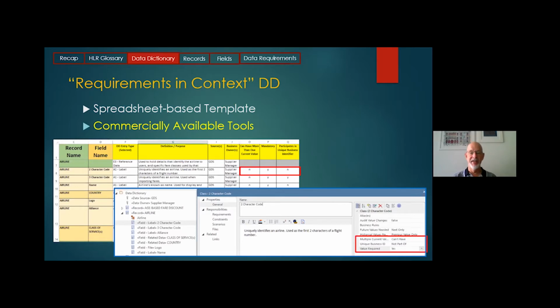The article actually presents everything you need to know to do it yourself, but I'd be very interested to prove that, yes, more than just those 3 tools can be used for the requirements in context version of a data dictionary. So all the examples we're going to be talking about today, I used the spreadsheet templates just to show